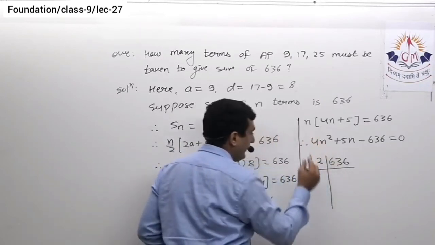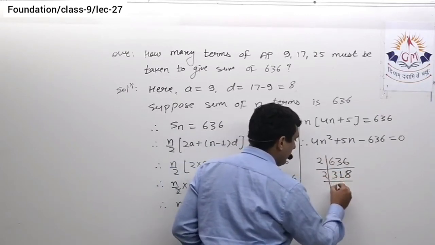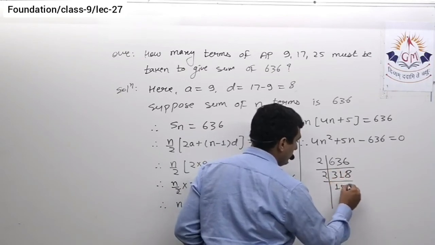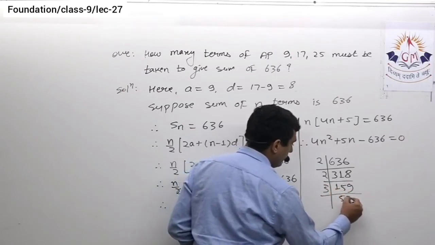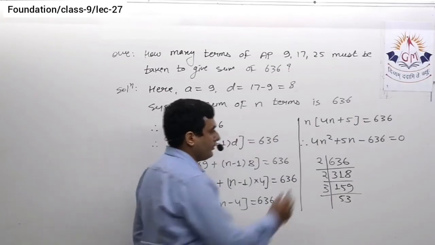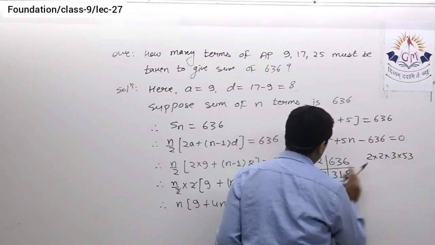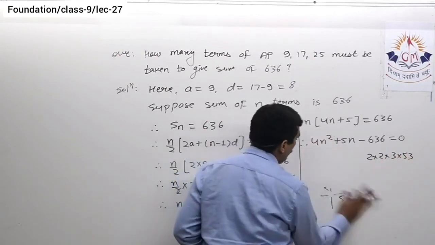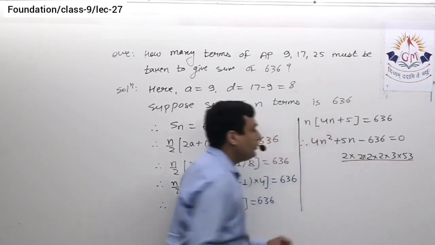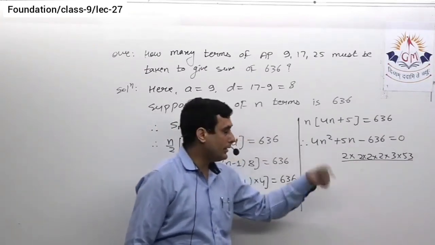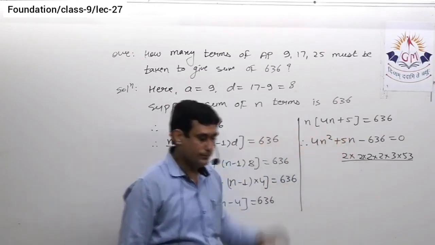So here I can divide it by 2, 2 3s are 6, 2 1, and again it is divisible by 2. Now it is not divisible by 2, but yes, it is divisible by 3. 53, it's a prime number. So factors of 636 are 2 into 2 into 3 into 53. Now factors of 4, that are 2 into 2. So I will include those over here. Now these are the factors. Using these factors I have to make two groups such that their sum or their difference must be 5.